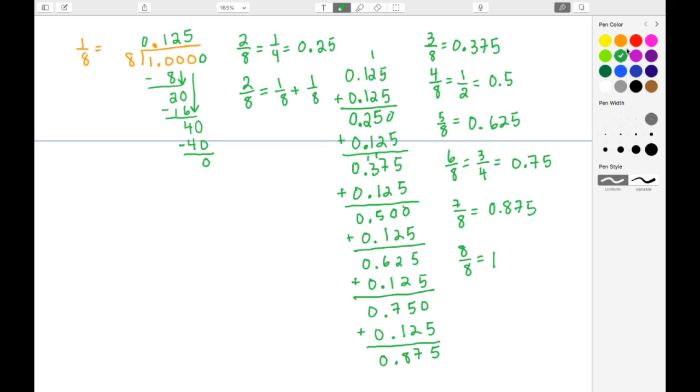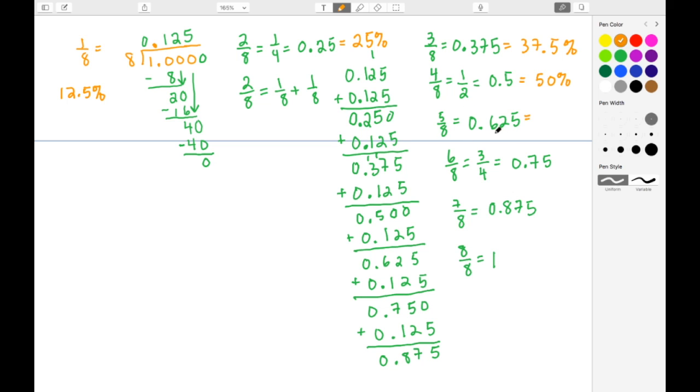Now let's go back and change each one of these into their percentages. If I multiply this by 100, that moves this decimal place two positions to the right. So 1/8 is the same thing as 12.5%. We see that 2 eighths is the same thing as 25%. 3 eighths, if I move that decimal point 2 places to the right, this turns into 37.5%. Here, this turns into 50% for 4 eighths. Again, we know it's a half.